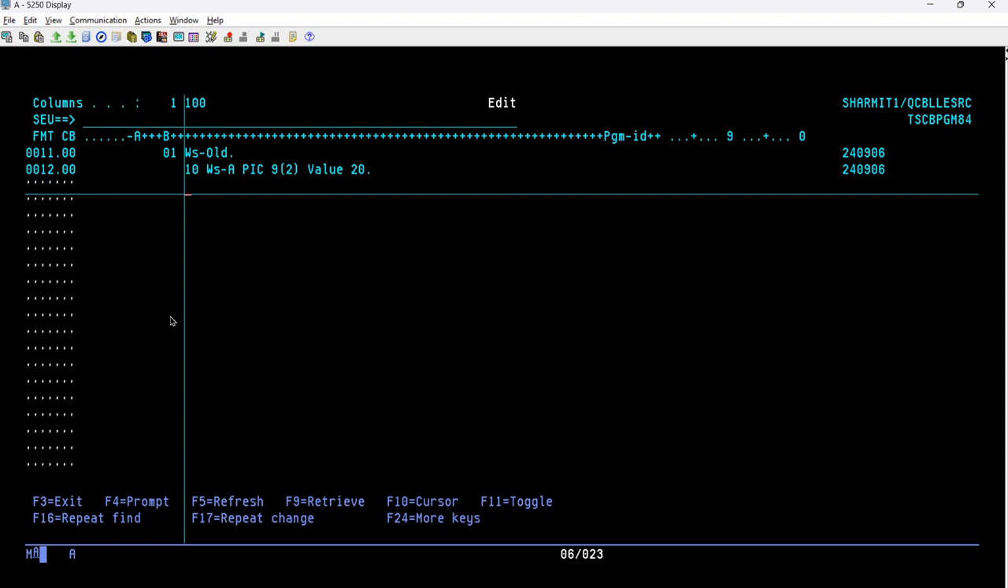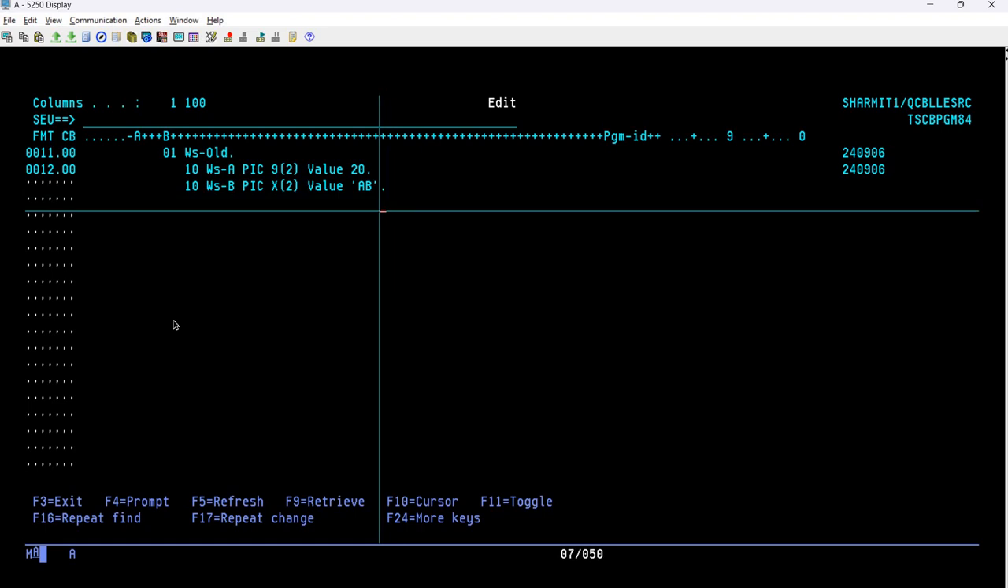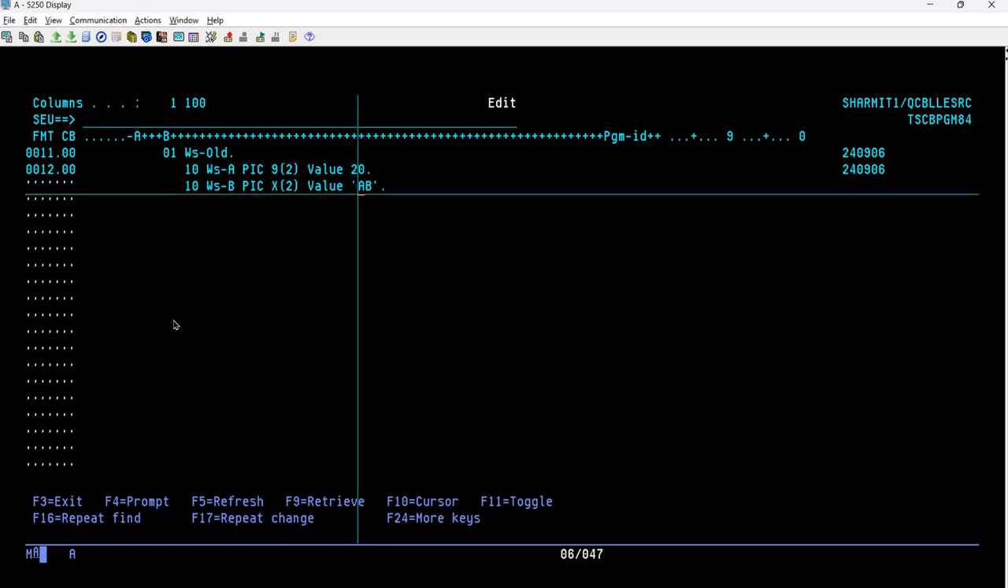So I'll write simply here 10 WS-B PIC, and we will try different types of data. Okay, so X(2), here I'll assign the value as AB. It is up to you which value you want to assign, but for now I'm just assigning AB. Here we are not using quotes because this is an alphanumeric field, and the above one is the numeric field. Okay, so we just mention AB, then we will write here 10 again